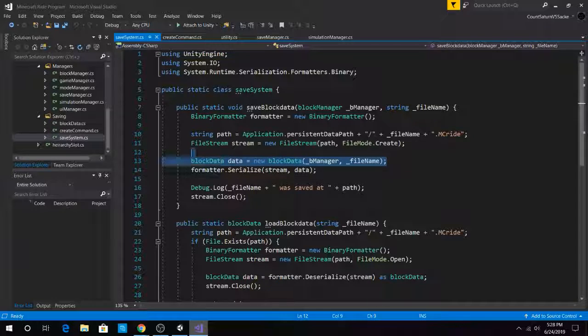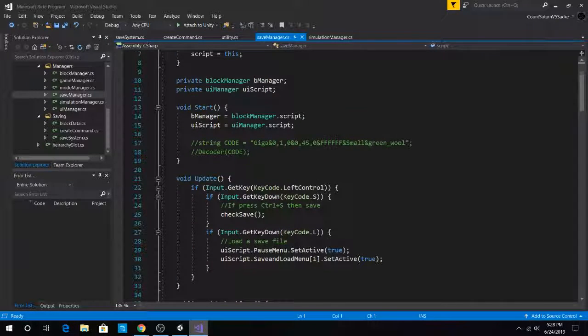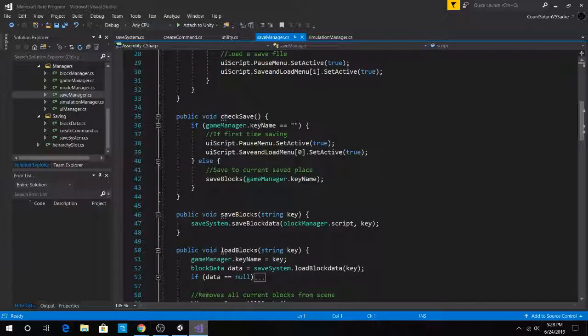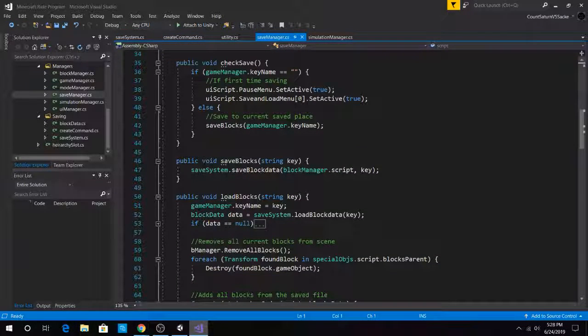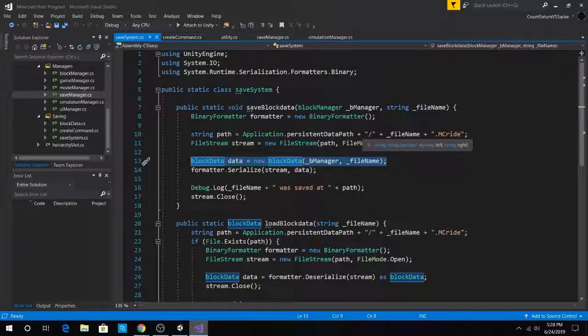Why is it that the save system is able to do this? But for some odd reason, check saves, save blocks. Save blocks is, yeah, what the heck? What's up with that? How come this one is able to